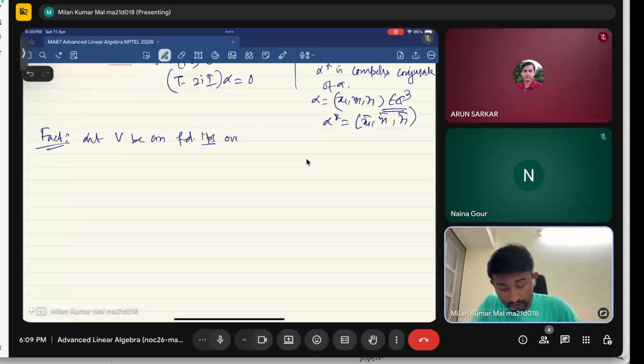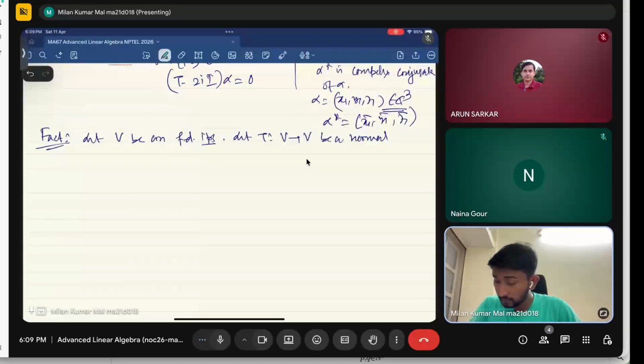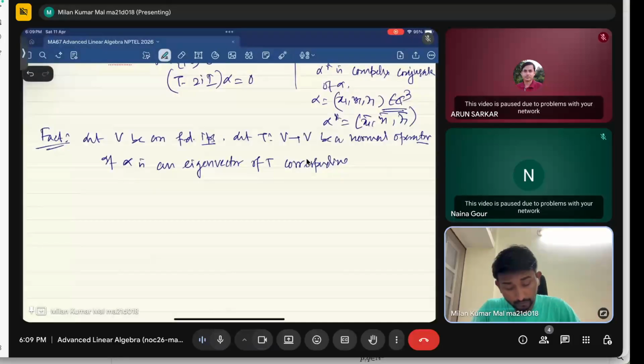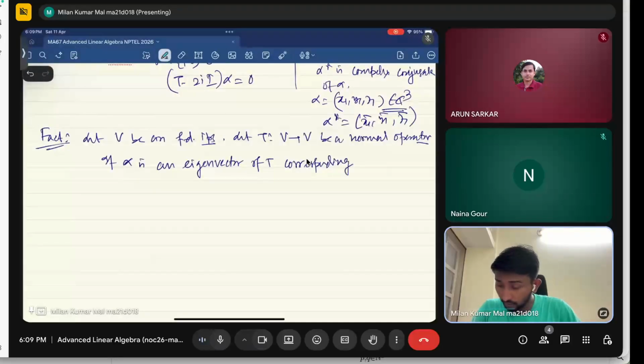If alpha is an eigenvector, or characteristic vector, of T corresponding to the eigenvalue C over the field, then alpha is an eigenvector of T corresponding to the eigenvalue C,